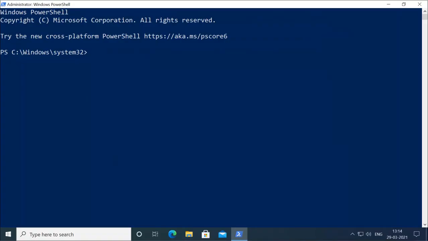So to get the exact name, you have to run the Get-WindowsOptionalFeature command with the -Online parameter. It will show you all the current machine's optional features available.